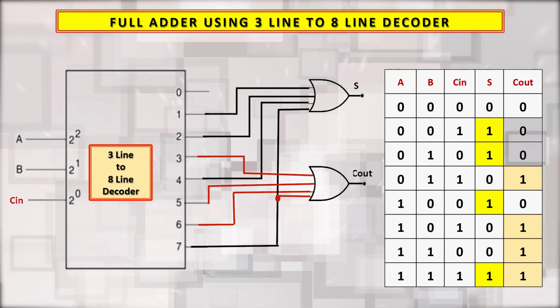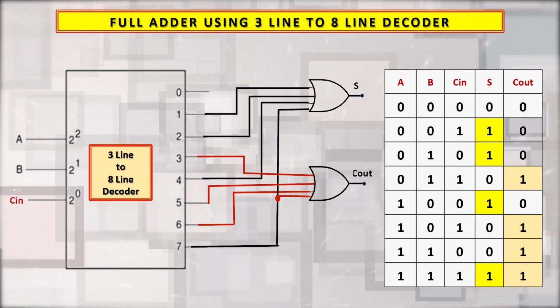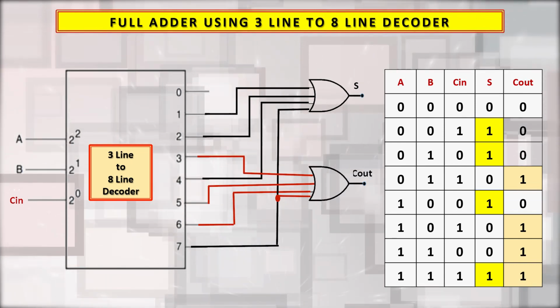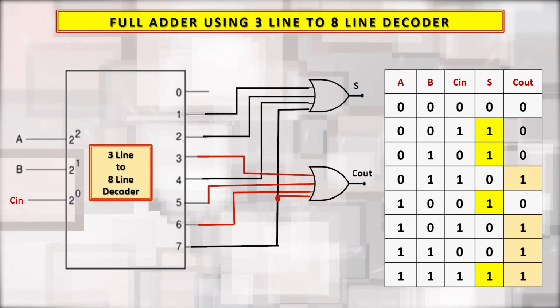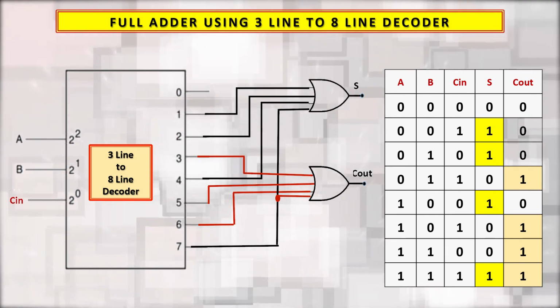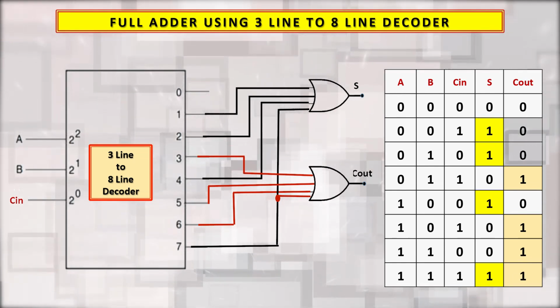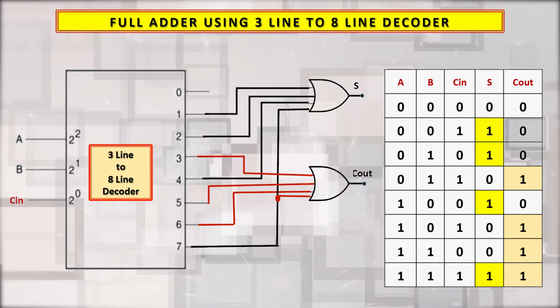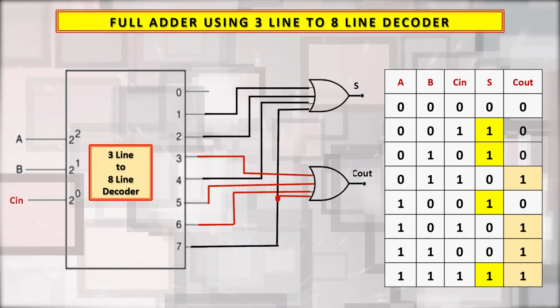That is 1, 2, 4 and 7. The outputs 1, 2, 4 and 7 of the 3 to 8 decoder are connected to one OR gate, and this way we will be able to get the